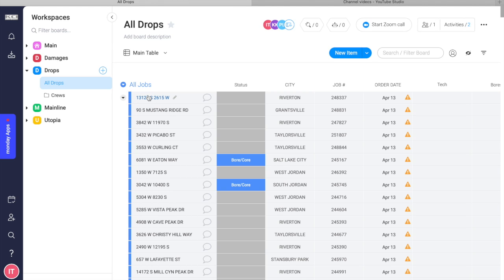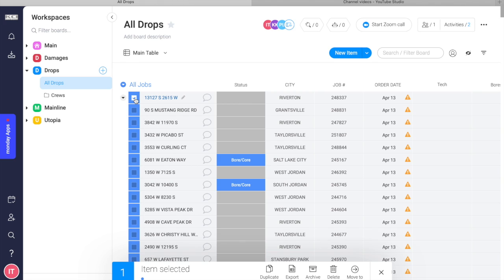Again, a lot of this is subject to change, but this is the easiest way that I found to be able to do these jobs. So let's say we wanted to assign, I don't know, 4 of these jobs to Ronaldo. The easiest way that I found is to move your mouse over one of the jobs, and it gives you a little checkbox. As soon as you click that, all of the jobs below that will also have checkboxes. So if you click and hold the shift key, and since we're assigning 4 jobs, I'll just go down 3. It'll allow me to click all 4 of these jobs,